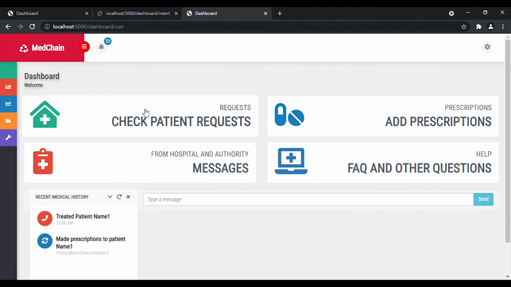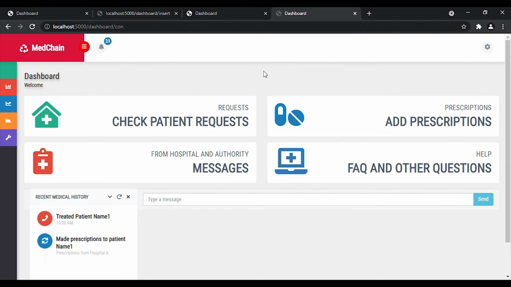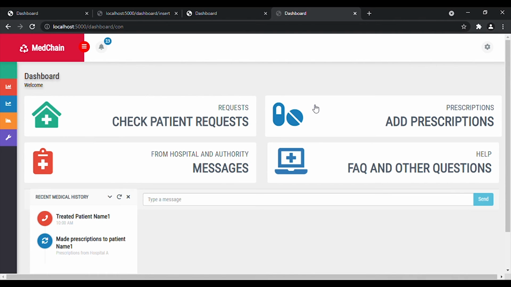Okay, so once the doctor logs into the doctor dashboard, they have an option to check the patient request. Here we have the request from the patient named name4, and we have the options to accept and reject it. If the doctor accepts it, the doctor is redirected back to the dashboard, and the doctor can add prescriptions now.